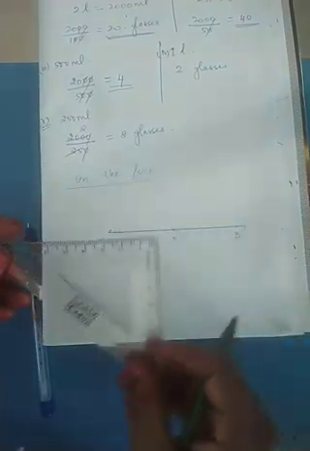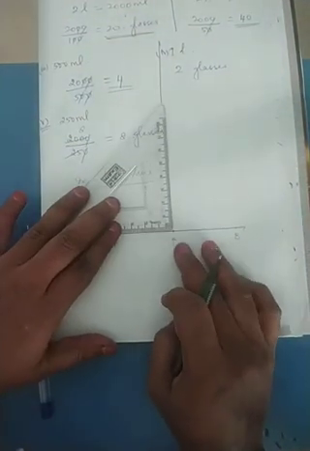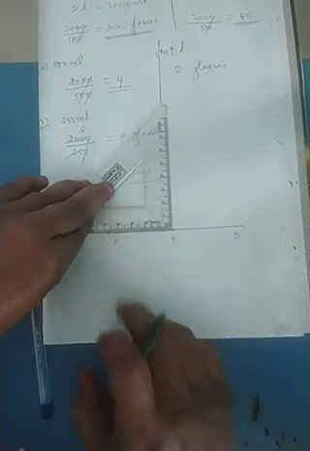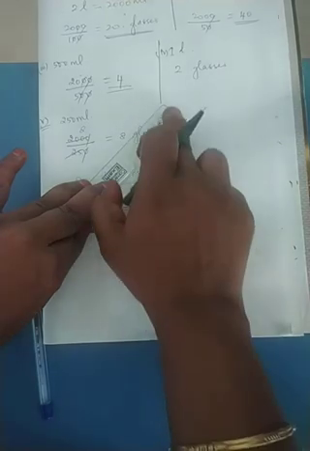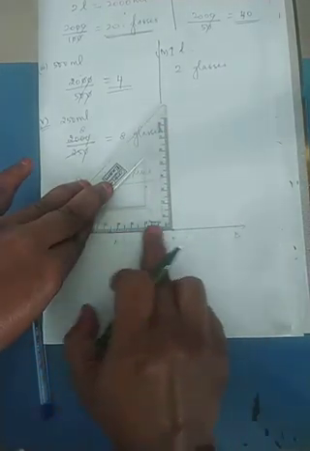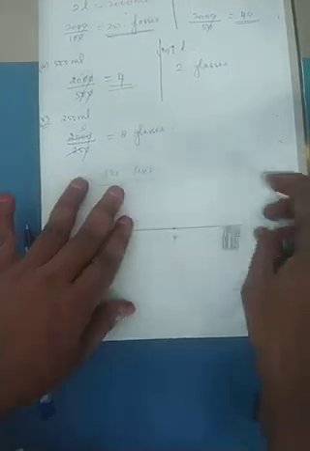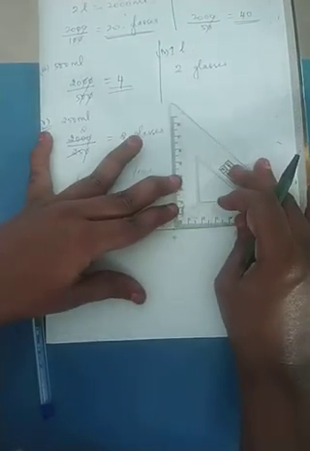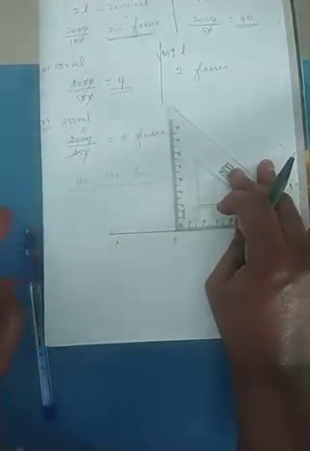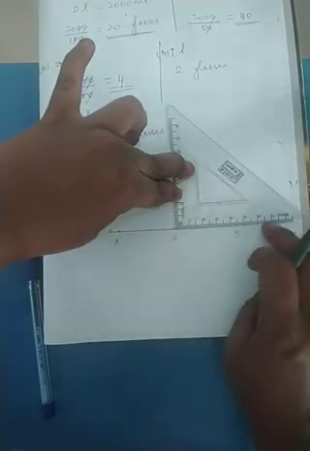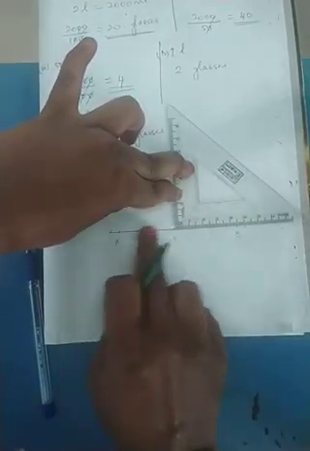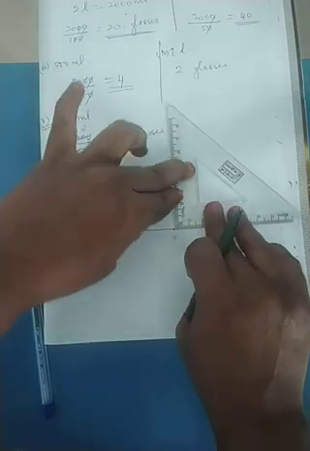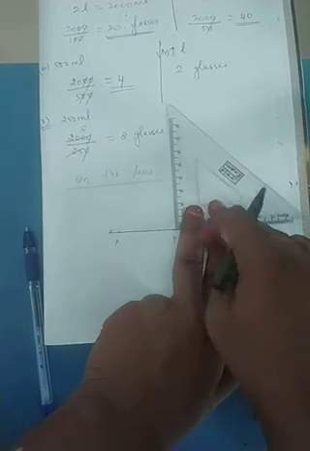Whichever set square you want, you can take. Now I place the set square on this horizontal line like this, with the 90 degree on the horizontal line. If you say, madam, I don't like it this way, I prefer it this way, then you can keep it however you like. I am not stopping you. But the only thing is, the flat surface should be matching with the line. Only then can we draw.